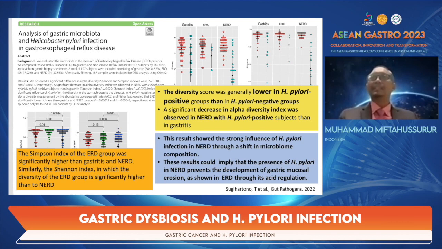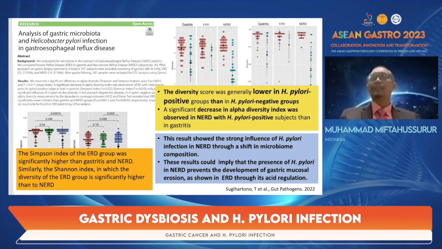A significant decrease in the alpha diversity index was observed in NERD with H. pylori positive, and in the NERD group, H. pylori infection has a strong influence and led to a shift in microbiome composition, as well as preventing the development of gastric mucosal erosions. Moreover, in the ERD group, we found the Simpson index of the ERD group was significantly higher than gastritis and NERD, and